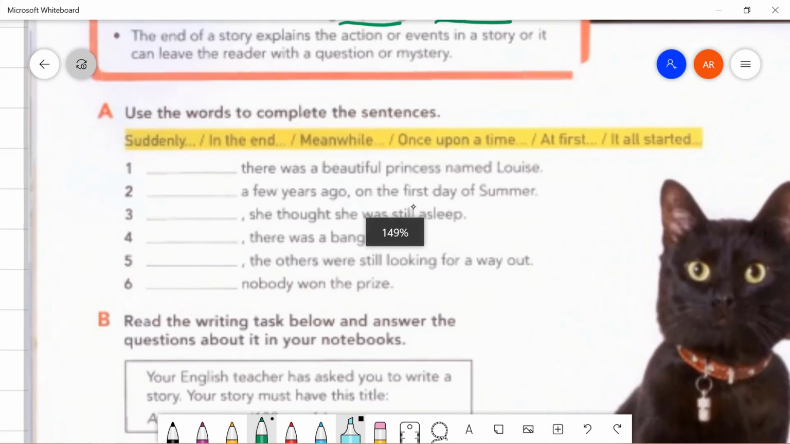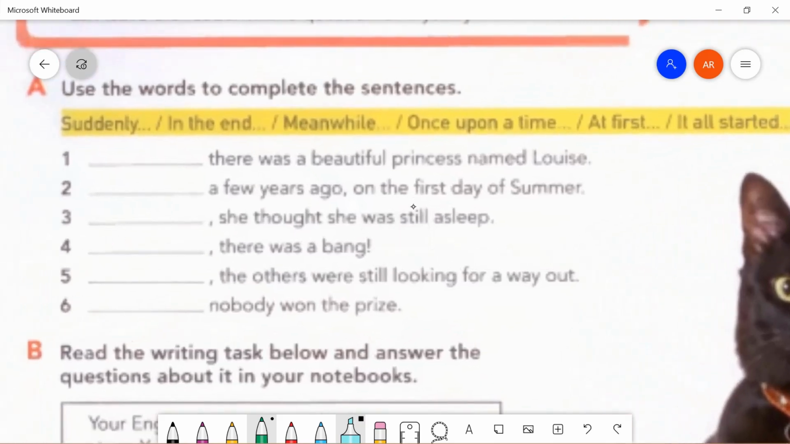Let's begin with number 1. There was a beautiful princess named Louise. Hmm, what's the answer? Think first, right? Let's move on to number 2. A few years ago, on the first day of summer,